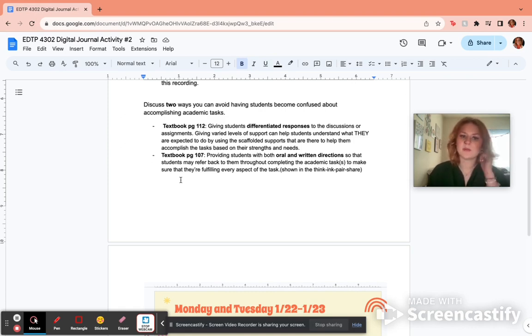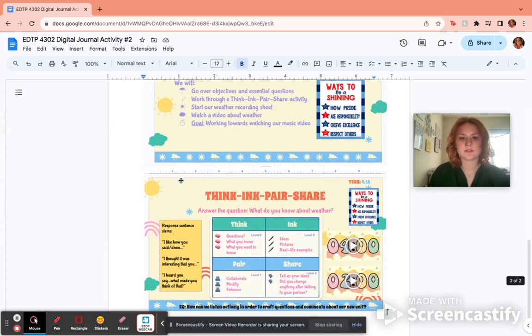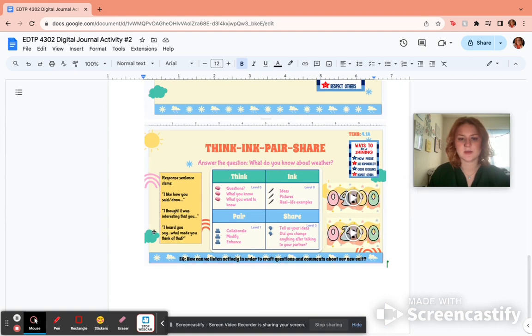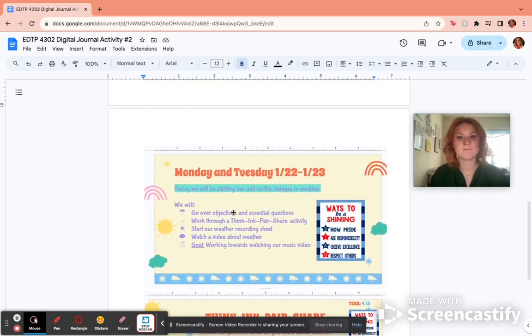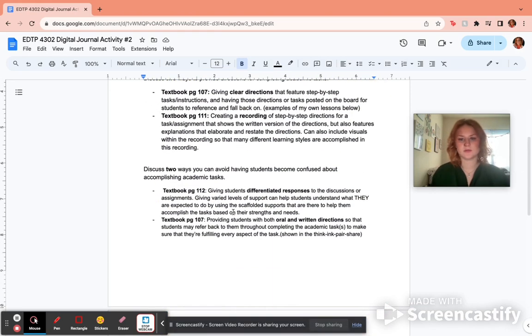And then on page 107, our textbook talks about providing students with both oral and written directions so they can refer back to them throughout completing their academic task or tasks, depending on the lesson, to make sure that they're fulfilling every aspect of that task. And again, referencing back to this in the think, ink, pair, share, they can reference if they've hit all of these different questions or things to think about, and it's there for them to refer back to, maybe if they forgot about it or if they